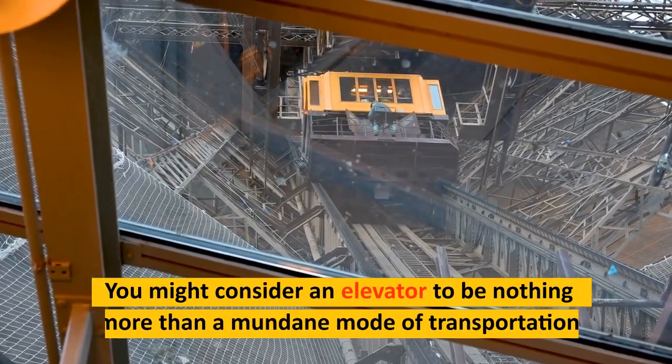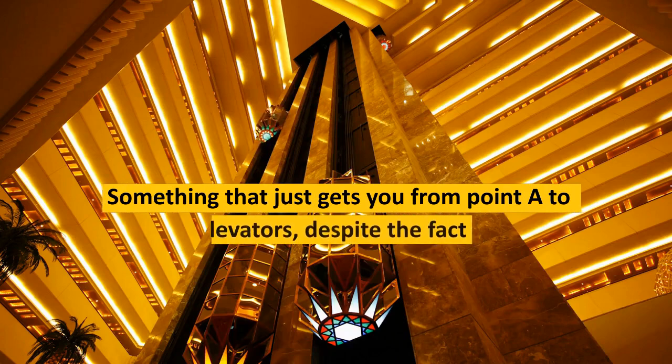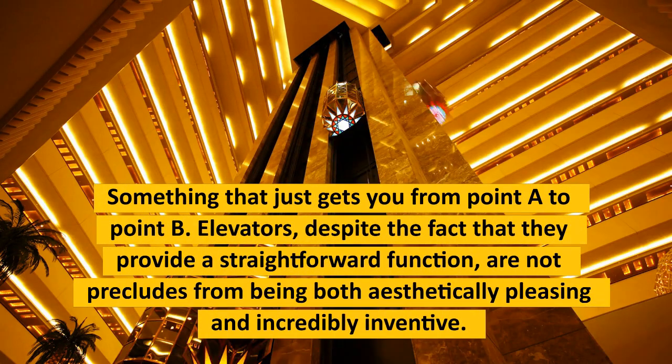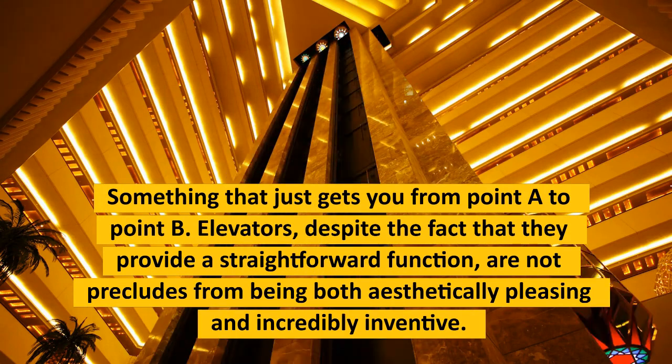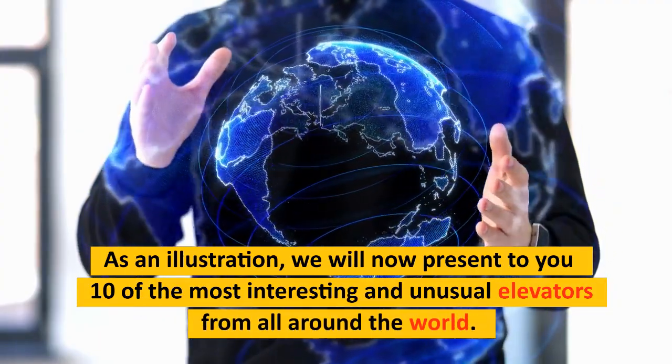You might consider an elevator to be nothing more than a mundane mode of transportation. Something that just gets you from point A to point B. Elevators, despite the fact that they provide a straightforward function, are not precluded from being both aesthetically pleasing and incredibly inventive. As an illustration, we will now present to you 10 of the most interesting and unusual elevators from all